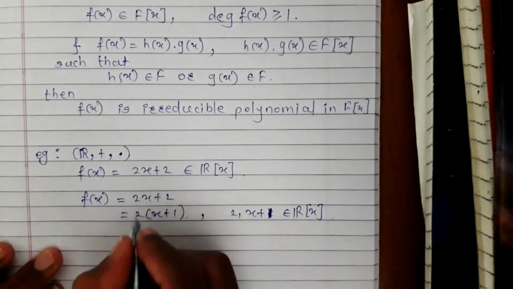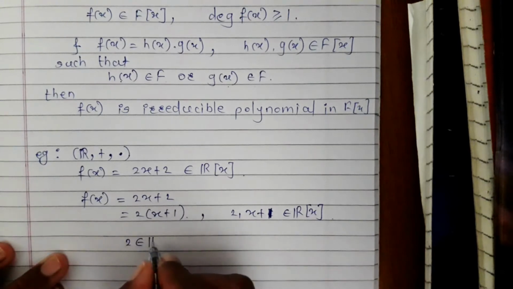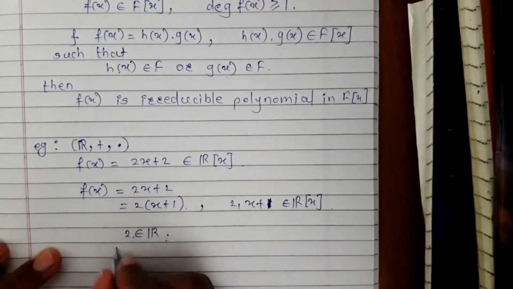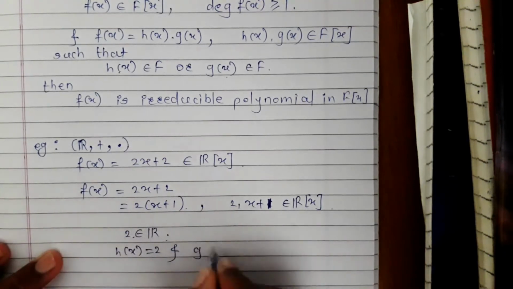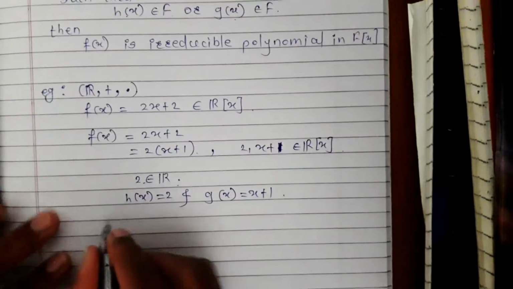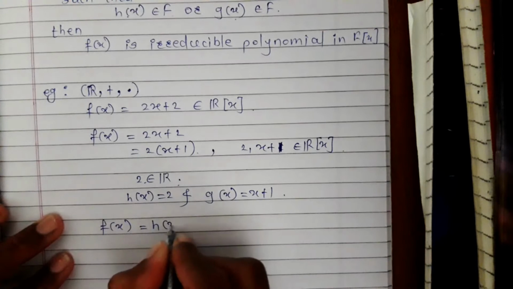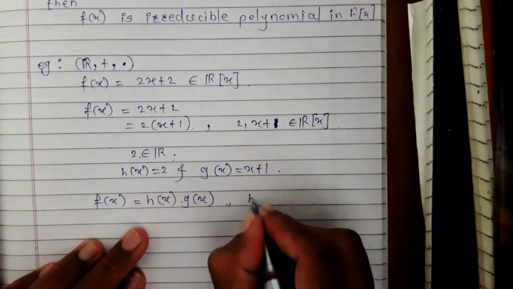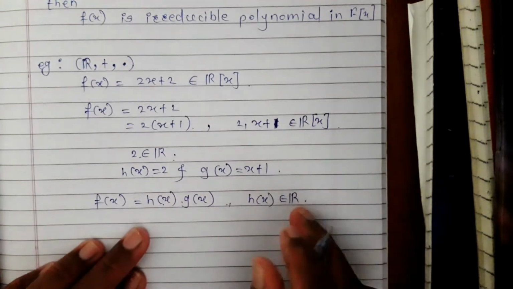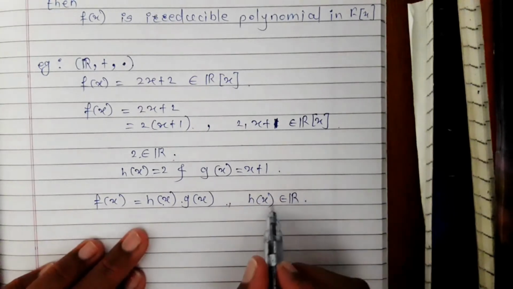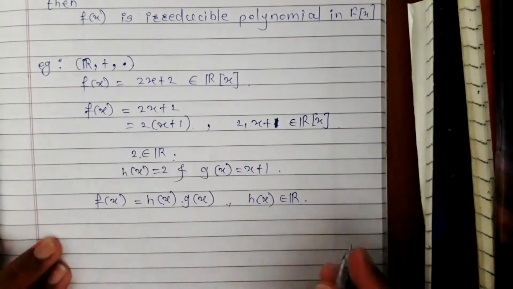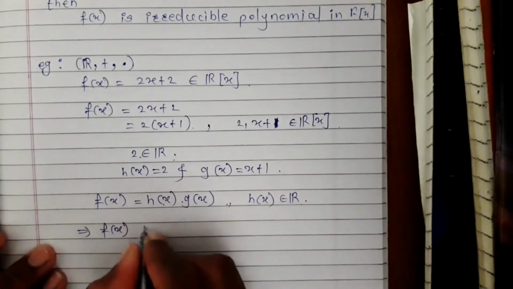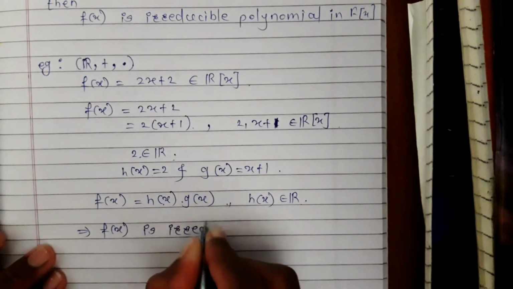But here this 2 also belongs to field R, that is, this 2 is a real number. So if we write h(x) equals 2 and g(x) equals x plus 1, then f(x) can be written as h(x) into g(x), where this h(x) is equal to 2 and h(x) belongs to the set of real numbers. That is, this h(x) is constant. So by the definition of the irreducible polynomial, we can say that f(x) is an irreducible polynomial